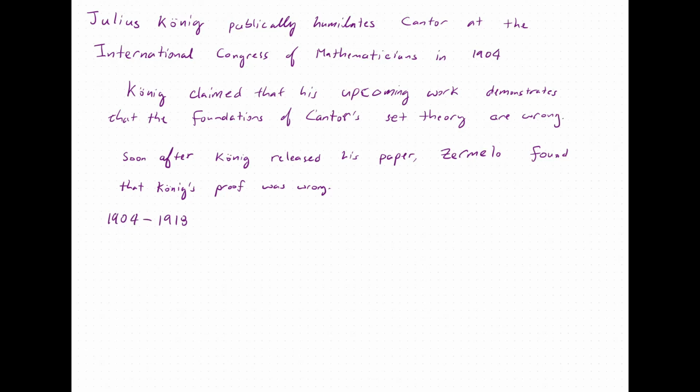Cantor had been publicly humiliated in front of the International Congress of Mathematicians. He took this very personally, naturally so. His fight with mental illness worsened with each year, resulting in him being institutionalized for years on end. In 1911, his professorship was terminated, forcing him to retire with no income, resulting in his last years being lived in poverty, as well as in and out of sanitariums, where he died in 1918. And so this is the tragic life of Cantor.